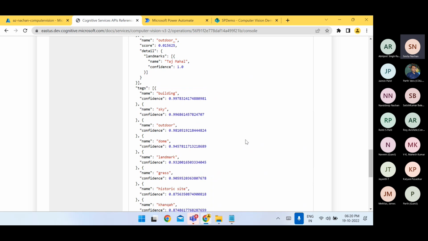Okay, so this is how it works with the computer vision API. Now I want to extend this particular API to SharePoint, because SharePoint is mostly used for storing content, images, documents, and all other things. So inside my document library,